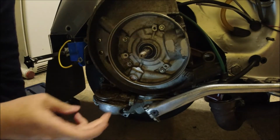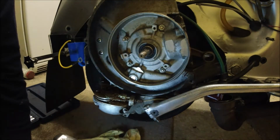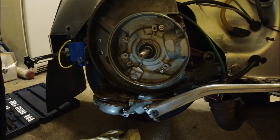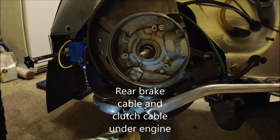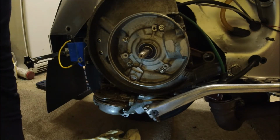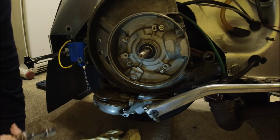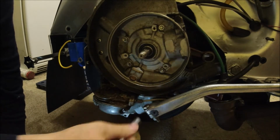I'm going to be taking off the gear selector. Now I'm expecting a little bit of oil, so I'll put a rag down below. And what we need to do as well is to disconnect, I'll show you under there in a minute, the back brake cable. So I think they should be an 11, not a 10 actually. So I'm going to stick my socket set on there and take off these two bolts that are holding on the gear selector. 1, 2,